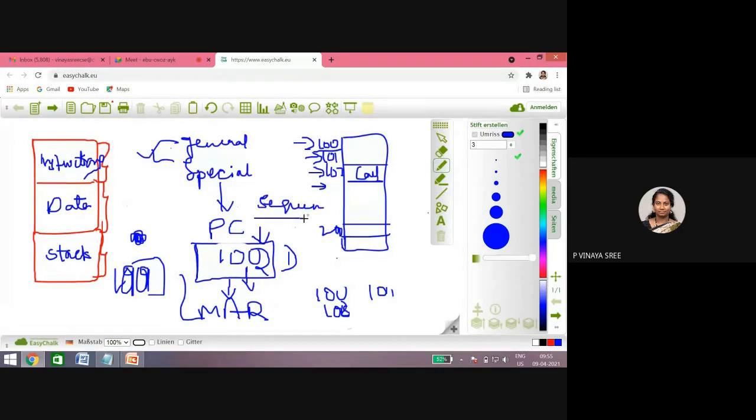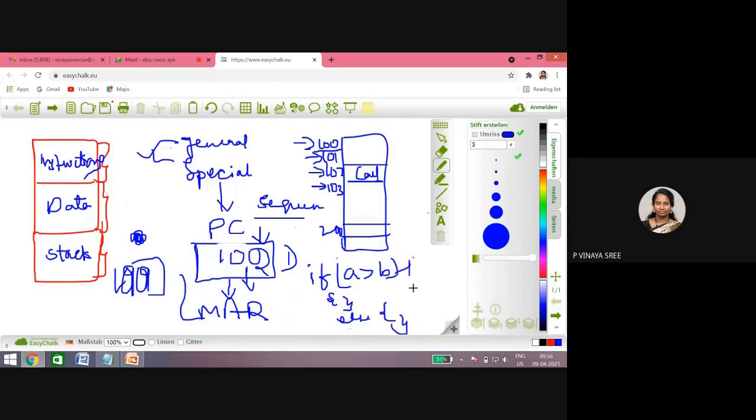So in which case will it store another address instead of following the sequence, instead of 103? When there is a function call. Don't consider only function calls. When there are loops also, unconditional jumps also, and conditional jumps, where you will be having a condition. I don't want to go in depth now, or you will feel that the subject is very complicated. For example, if A is greater than B, then complete this instruction, else complete that instruction.